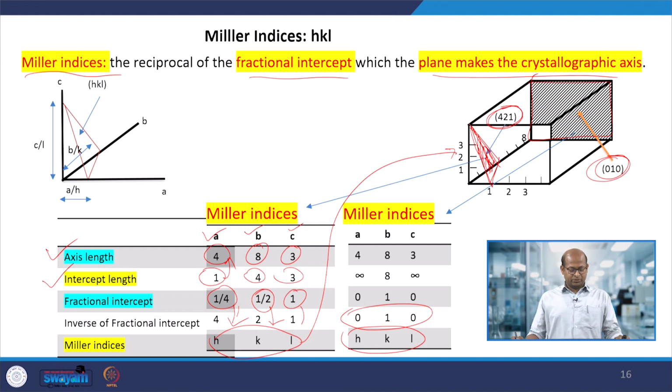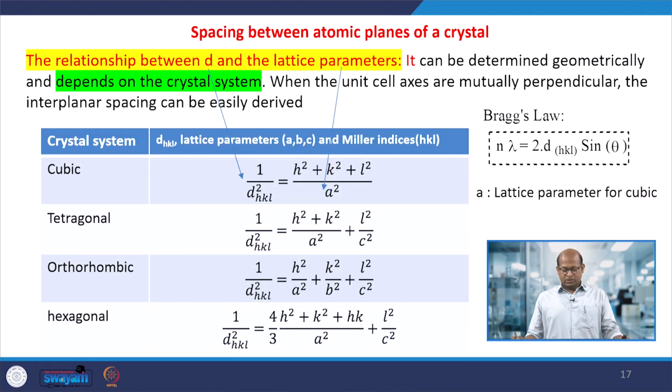By using that, we can get Miller indices. Then the spacing between atomic planes of the crystals, that is the d value, we can also get by using these equations, also Bragg's equation, or, let's say, for cubic crystal systems. If you know the lattice parameters and hkl values, then d spacings we can calculate by using